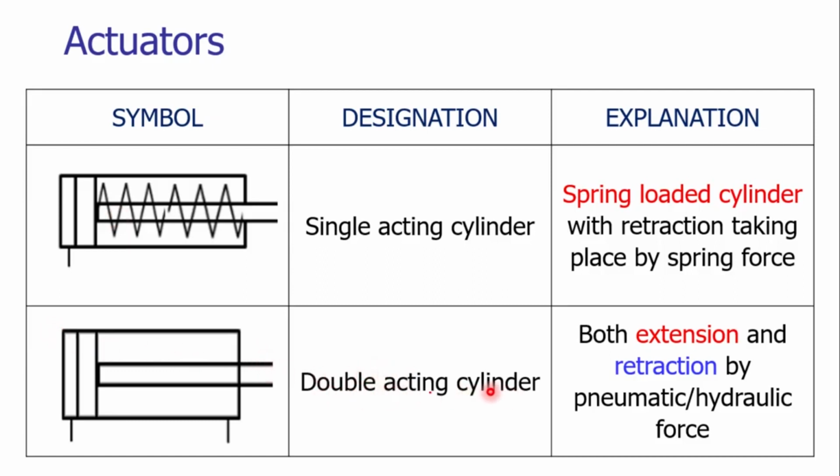In a double acting cylinder, we are using two ports. In a single acting cylinder, there is only one port. So in a double acting cylinder, as you can notice, there is a pressure port at the top side of the piston, and there is one more port at the other side of the piston movement. The double acting cylinder is based upon extension and retraction both by using the pneumatic or the hydraulic